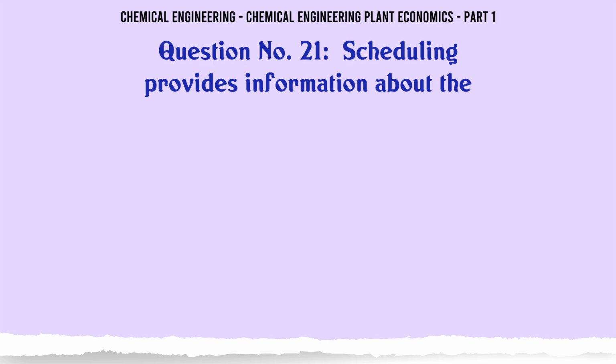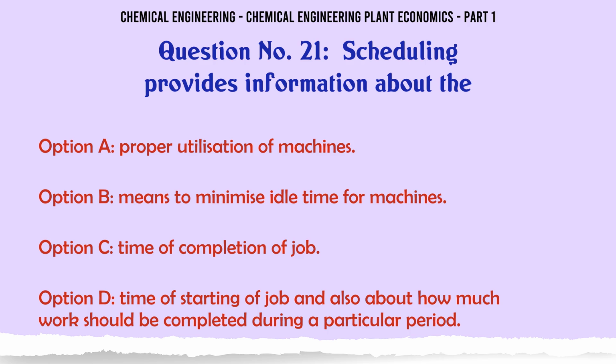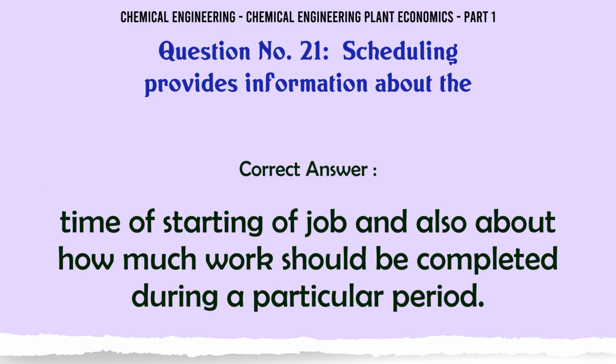Scheduling provides information about the A. proper utilization of machines, B. means to minimize idle time for machines, C. time of completion of job, D. time of starting of job, and also about how much work should be completed during a particular period. The correct answer is time of starting of job and also about how much work should be completed during a